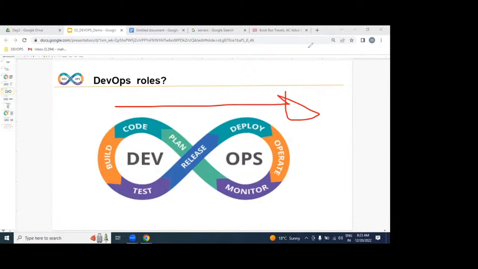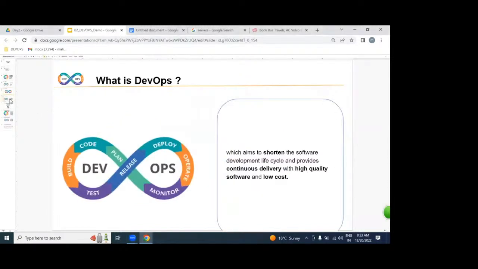What I said? What is DevOps? Is DevOps a technology? No. Like Java, .NET, Python? No. DevOps is a process. DevOps is a process which you're going to be implementing from dev environment to operation. But what exactly will happen? Developers write software or not? Lines of code by using Java, .NET, Python or not?